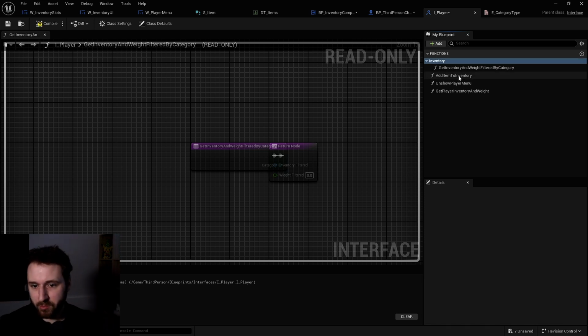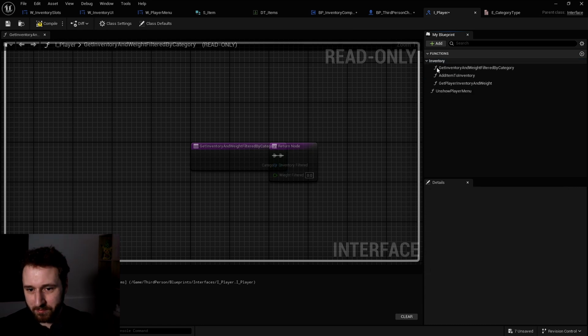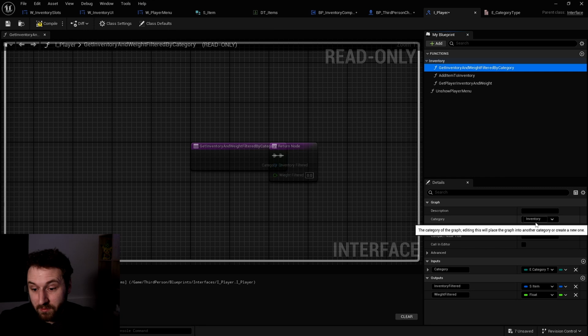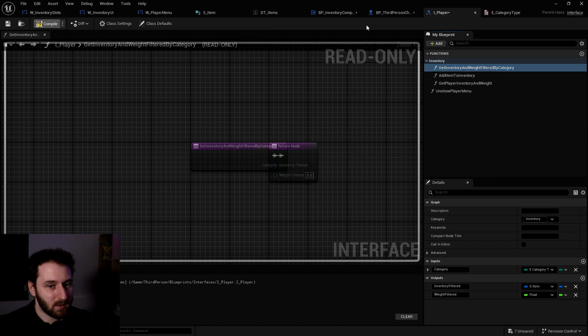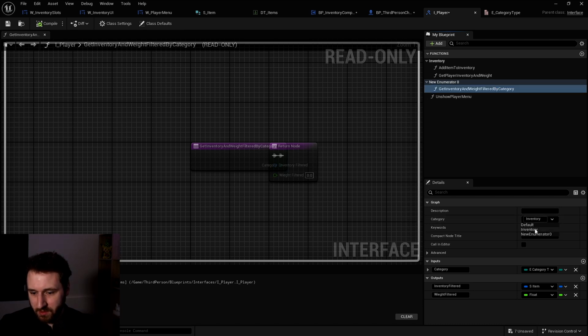So let's do inventory up, and now we can put everything for inventory into this enumerator. That's some kind of category. He wanted to put it in the category. So let's put it in the category, so Unreal will be happy. Now I want to create a category specific. What's going on?